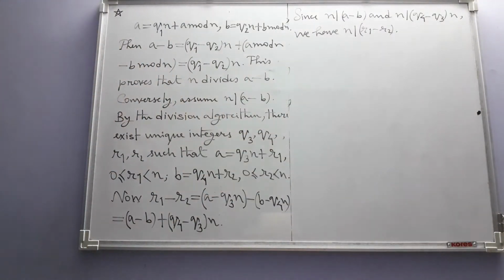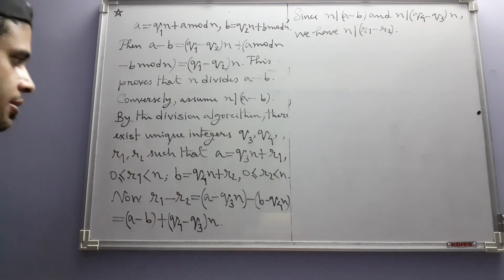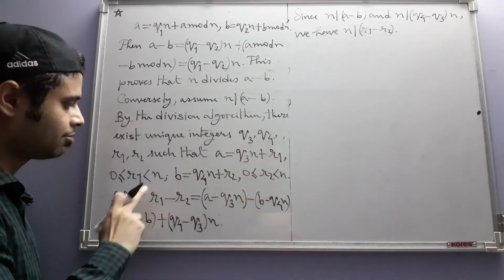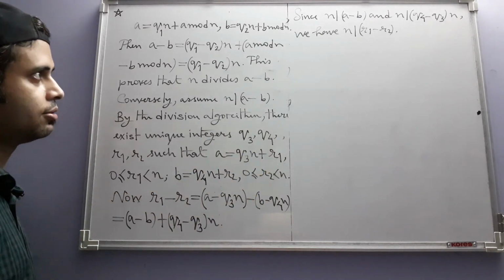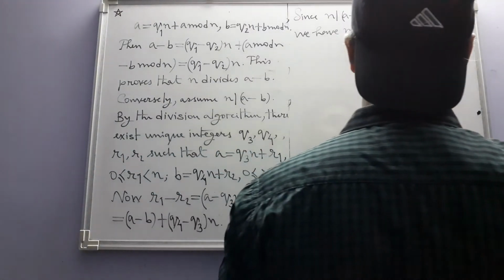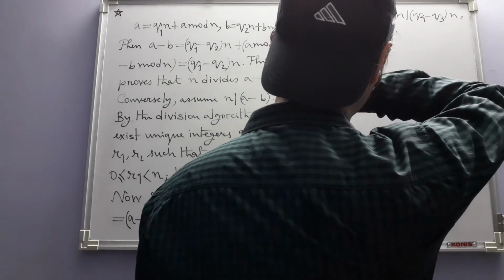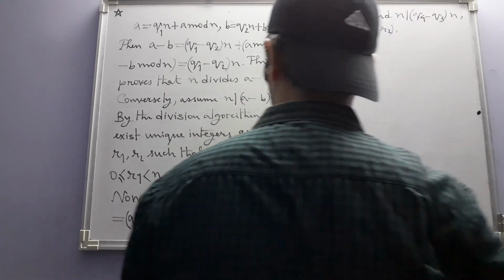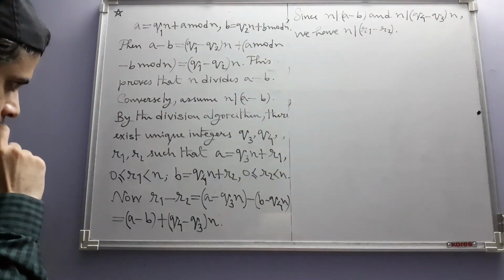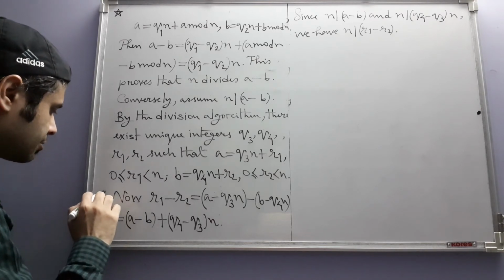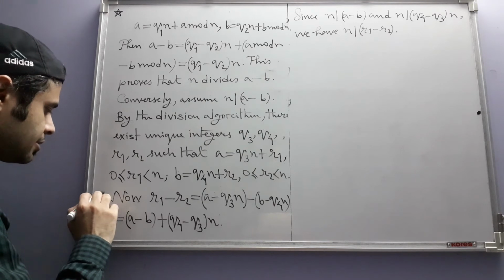Oh, we could have done one more thing to make the arguments easier. We could have chosen without loss of generality that r1 is greater than or equal to r2. Without it we can also work it out, but let's just insert that here. No need to make it unnecessarily complicated.